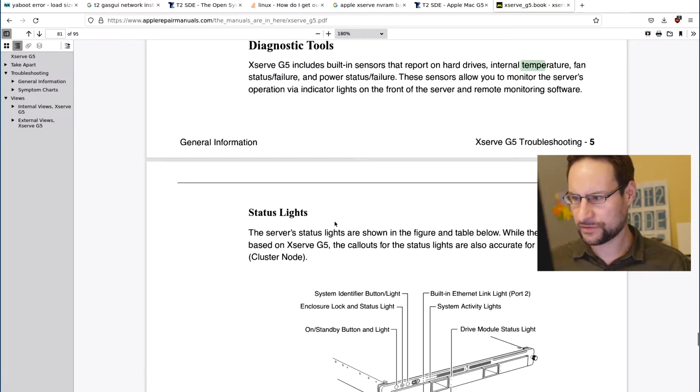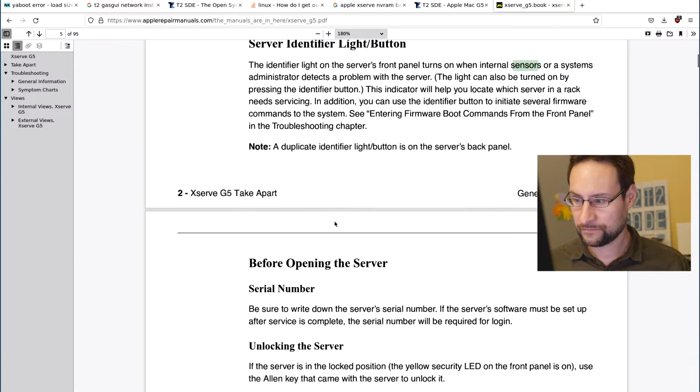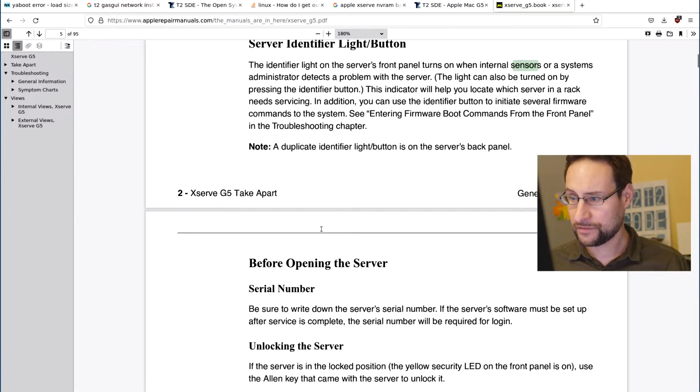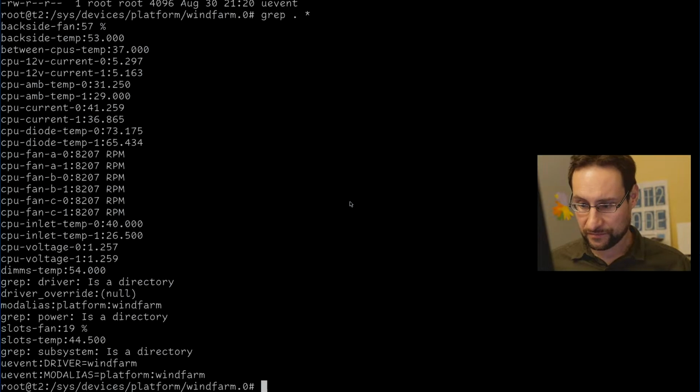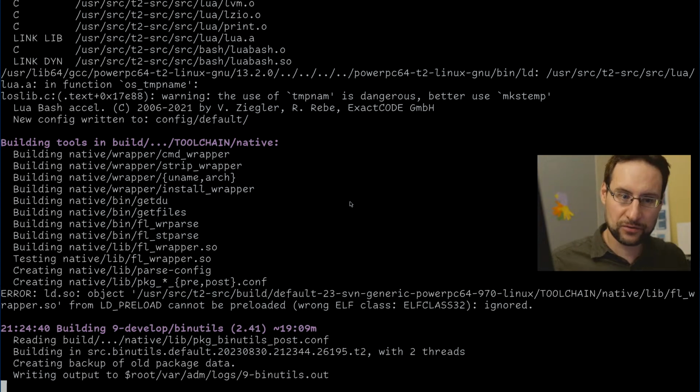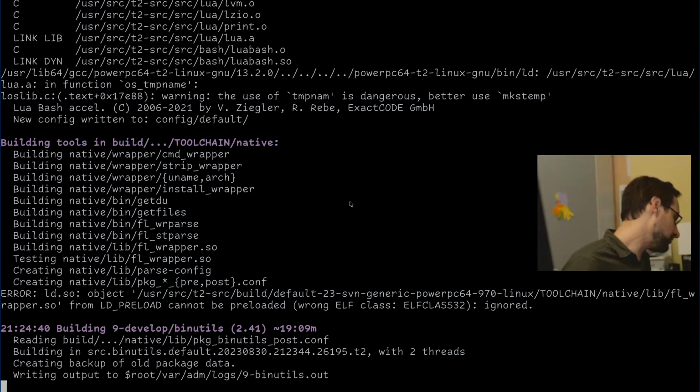Diagnostic tools. All I wanted to know is where the bloody sensors are. Server identification, right. Sucks. Yeah, it would be so good if we had some database. By the way,